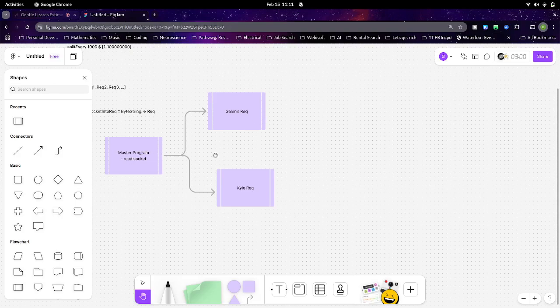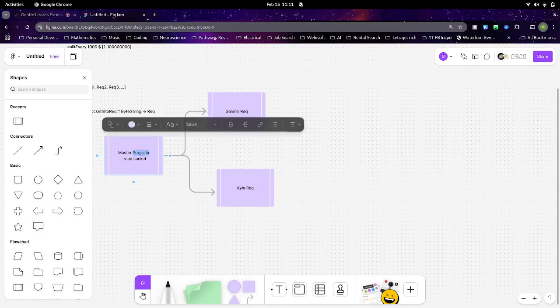I have a web scraper. I want to do natural language processing with a ton of Wikipedia information. So I have my master program, the master web scraper.